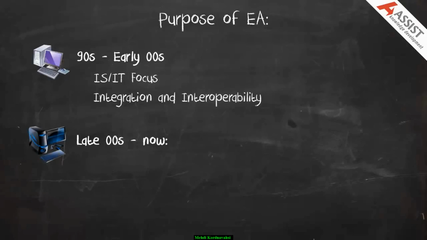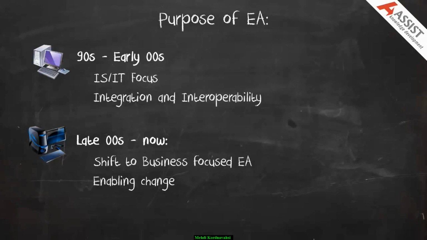More recently, however, that sort of issue isn't a problem. There's lots of middleware and lots of tools out there to help you get things talking to each other and interoperating. So the focus has now changed more onto the business architecture. And a lot of organisations, TOGAF included, have really started to beef up the business architecture aspects. And this is very much about enabling the businesses to change. IT is very much now seen as the enabler of change in many organisations. A good agile IT architecture is going to allow businesses to apply changes to processes, capabilities and so on a lot quicker than if they had these old rigid architectures in place.